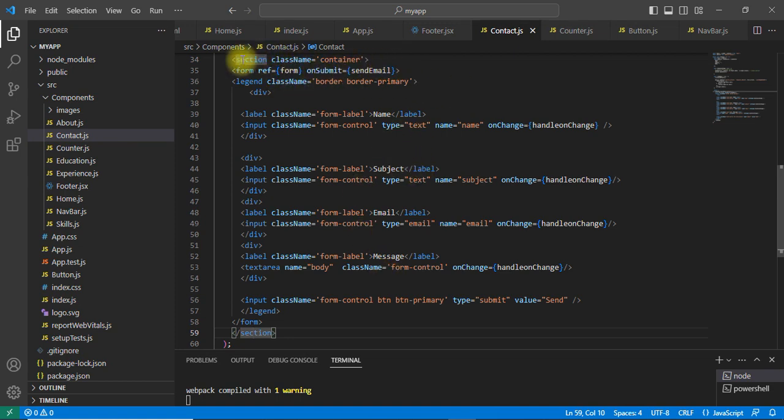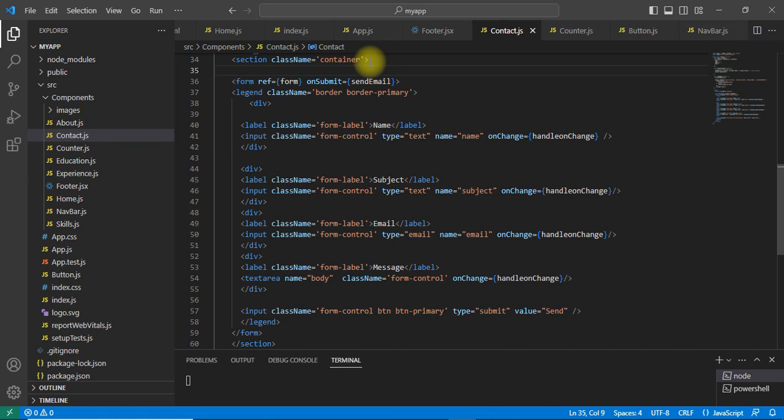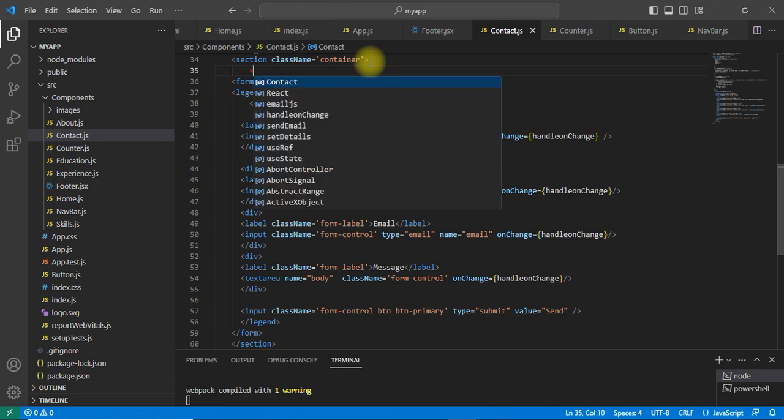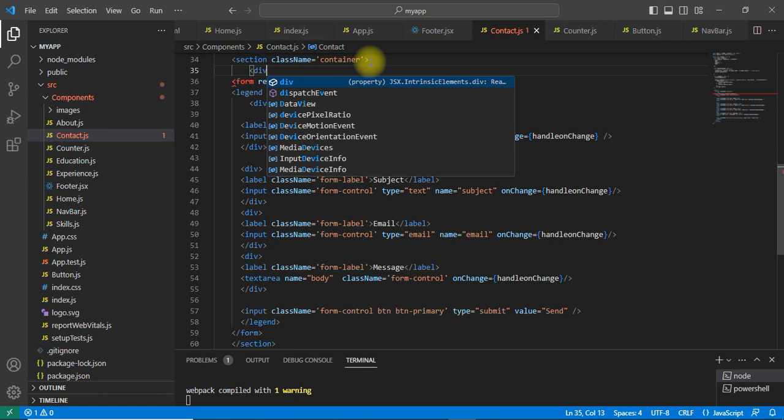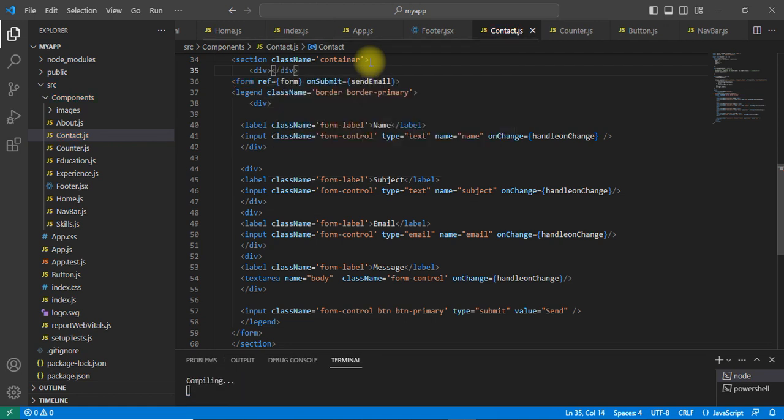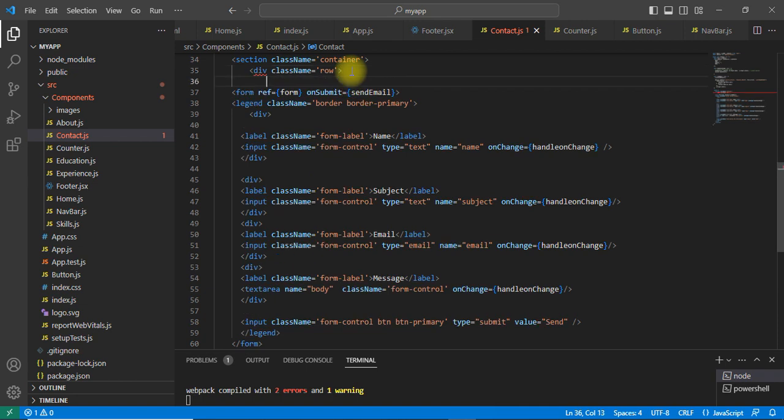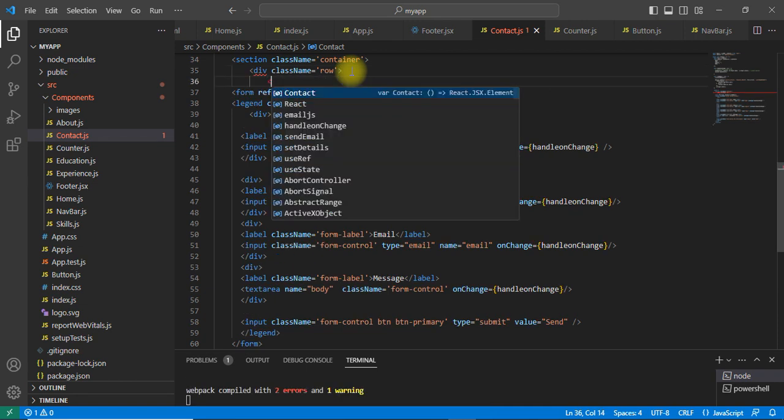Maybe this section here, I can just have a div right here. The div will just have a class of row, and then there will be another one after it